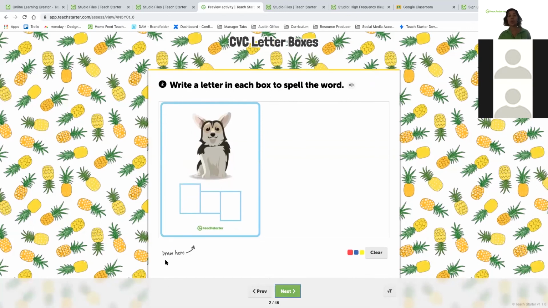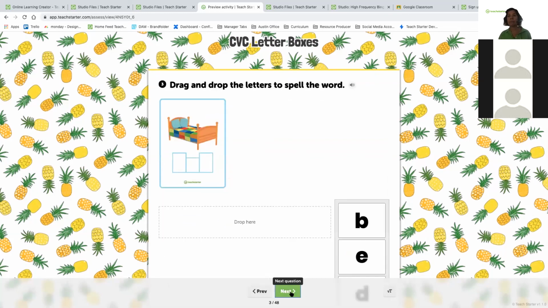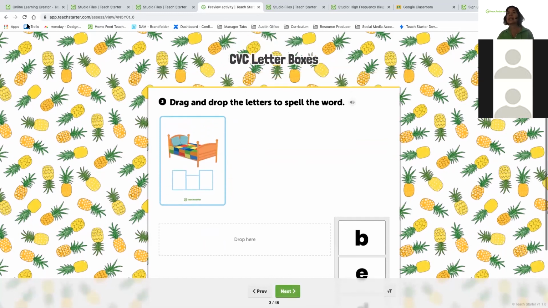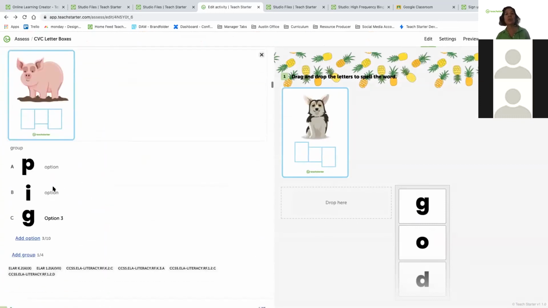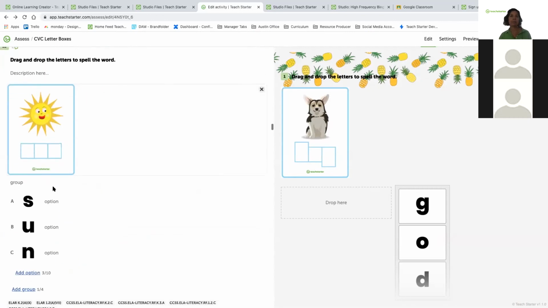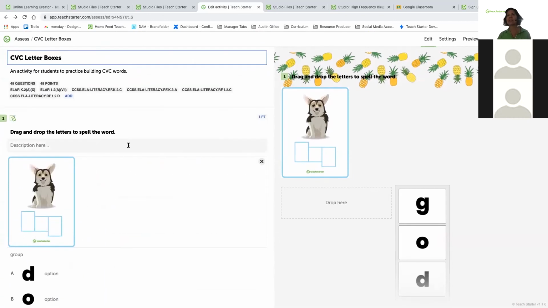So this one is a draw question. Write a letter in each box to spell the word. And so the students will come over and they'll actually draw. And then they'll drag, and it continues. You'll see that this one has 48 slides. If that is too many slides, or 48 questions, then definitely you can take some of them out. You don't have to leave all 48 because that may be quite large,